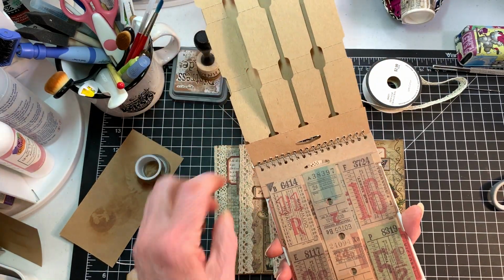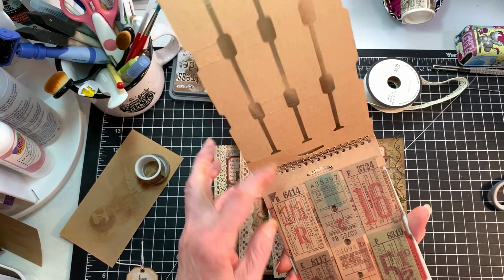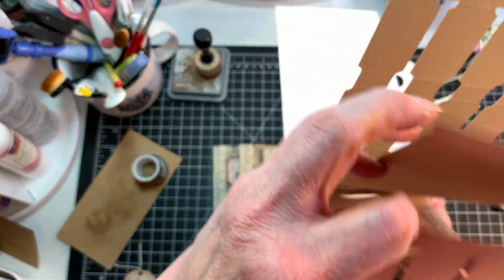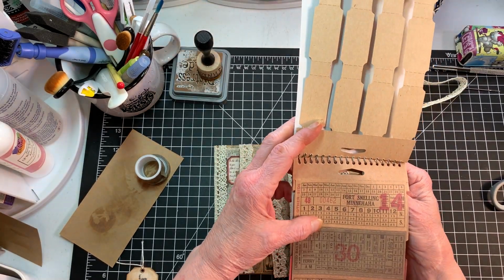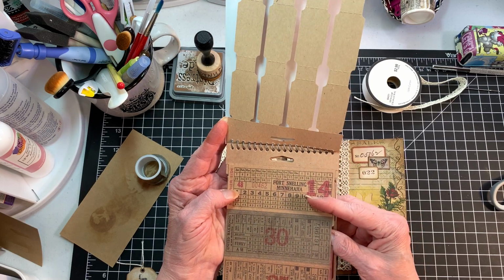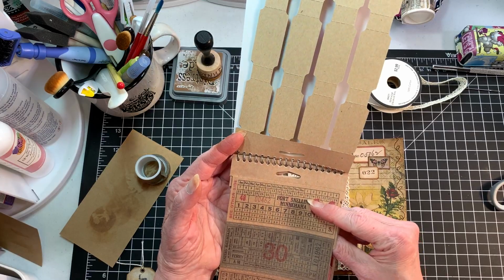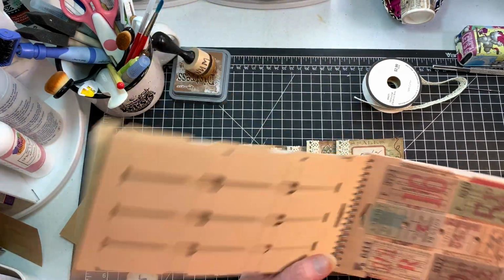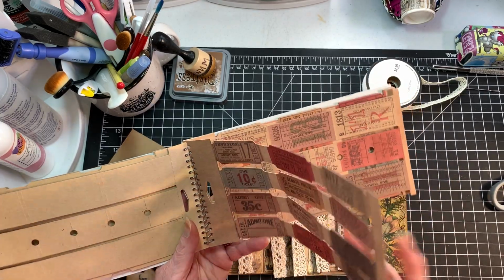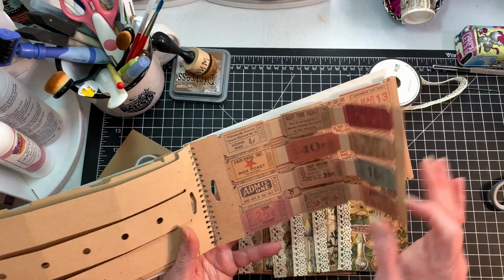10 cents, 5 cents. This ticket here is, I think, a railroad. Let me look. Bus tickets. These are bus tickets. These must have been railroad, the big ones. Yeah, it doesn't say, but I think that's what it is. Yes, it says railway. Okay, and these tickets are bus tickets also. And these are just all kinds of tickets, you know, local tickets and so forth. So yeah,